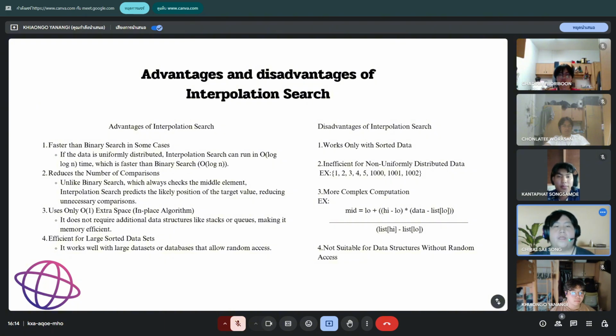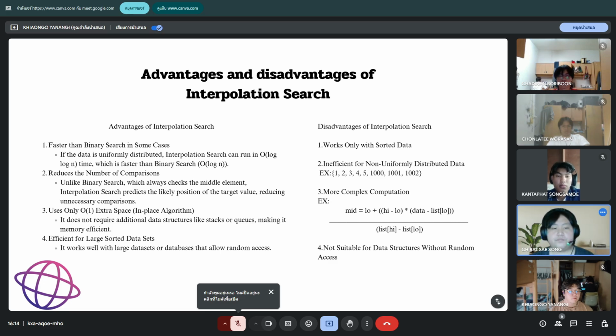It makes fewer comparisons, since it doesn't just go to the middle, it predicts a more accurate position. It is an in-place algorithm that uses only one additional space, so it is very memory efficient. It works well for large datasets where random access is available.